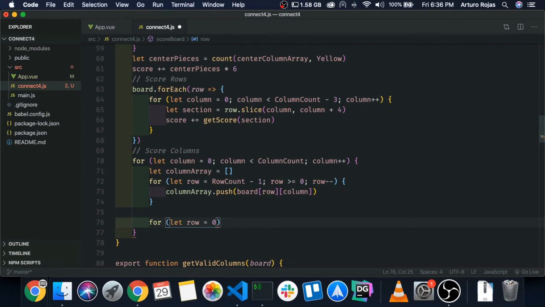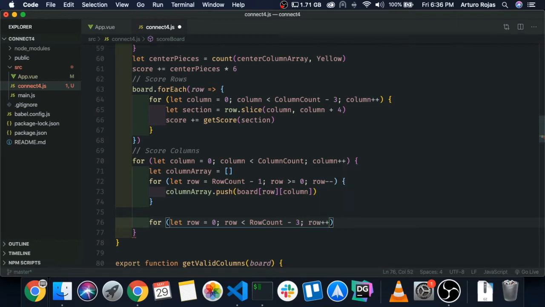We are going to start at 0 because now we can move from 0 up to row count minus 3, which will be the last place where we can actually have a connection of 4 pieces. So row equals 0, row less than row count minus 3,